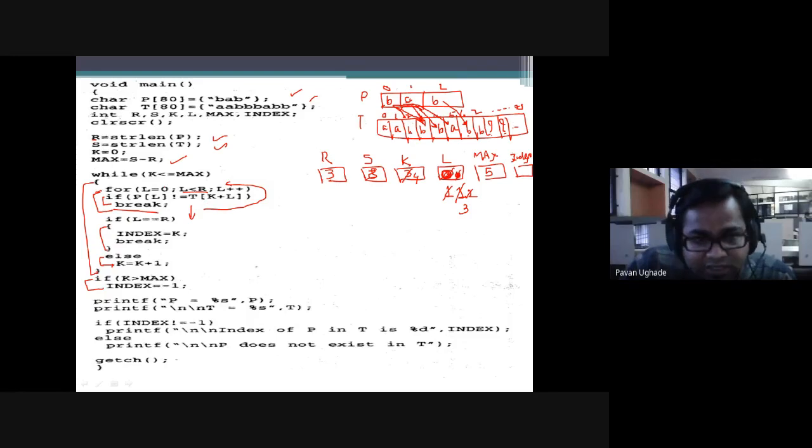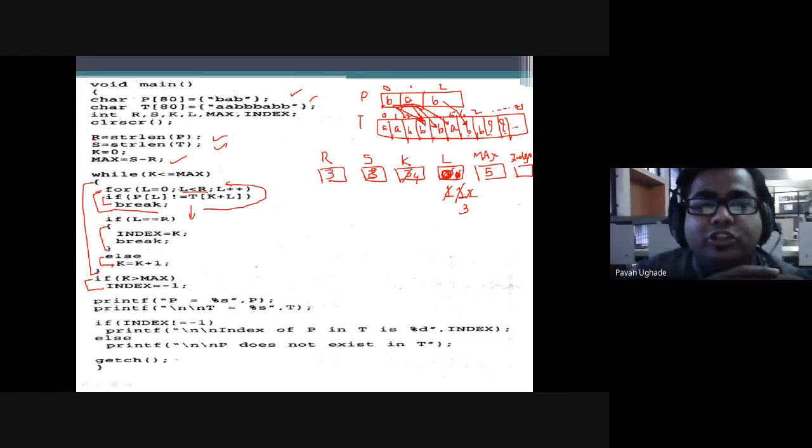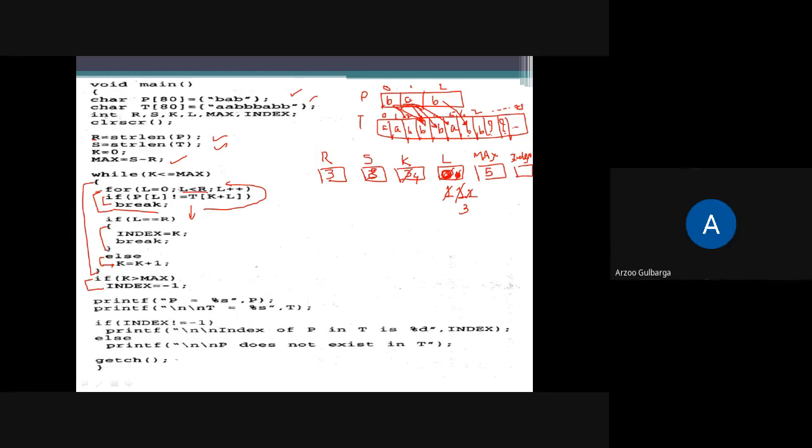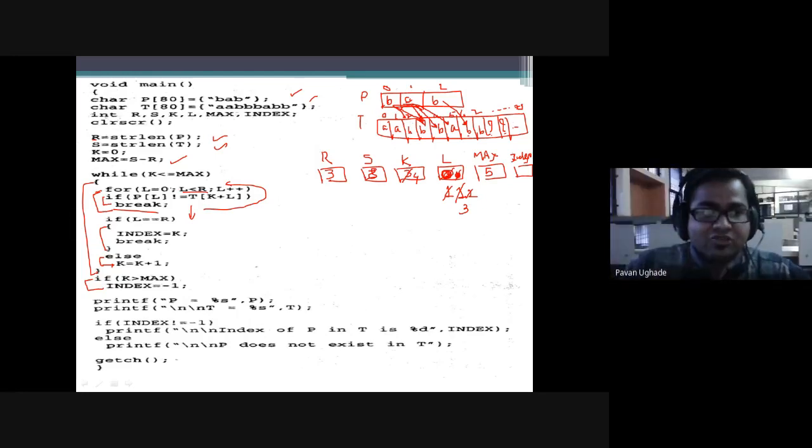Whether 3 is less than 3, the updated value of L is 3. Is 3 less than 3, condition true or false, guys? Tell me this. False. The condition is false, so it will not execute this portion. As the condition is false, the for loop will not be executed.